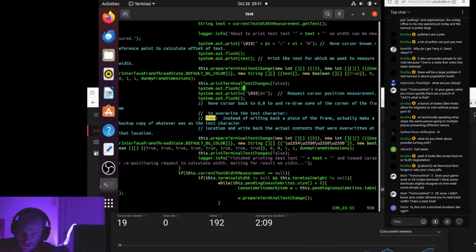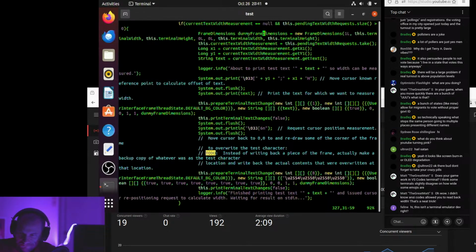Yeah, so the flow here is, we print this out. So set it to 1.1, flush the buffer. I don't know if that's necessary, but I do it anyway. Print the text, usually just one character at a time. Flush all that printing, and then print this skip code, and then